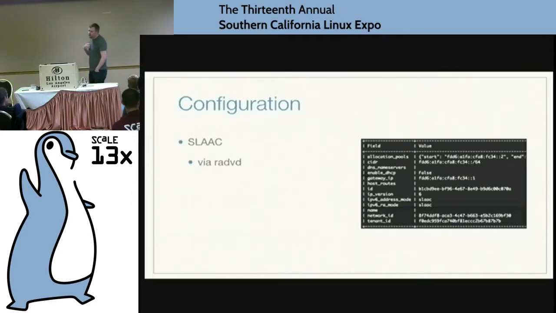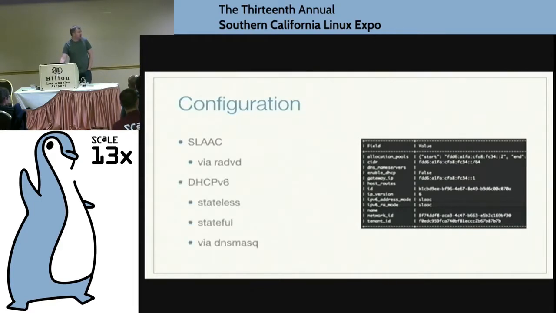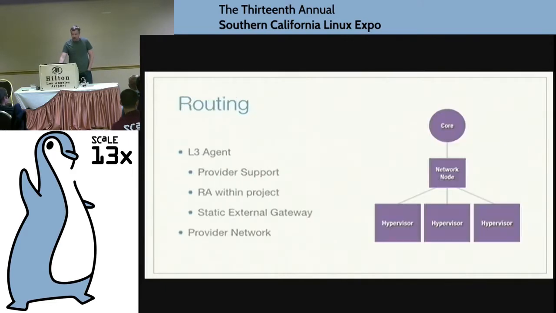One influences how the IPAM in Neutron selects addresses. The other one influences whether or not we actually turn on RA for you. So if you're running SLAAC, we run RA. We basically spin up radvd inside of the network namespace in your router, and it does the announcements, and magic happens. If you go with DHCPv6, we support both stateless and stateful, but we're using dnsmasq to support those. So typically what you'll find,